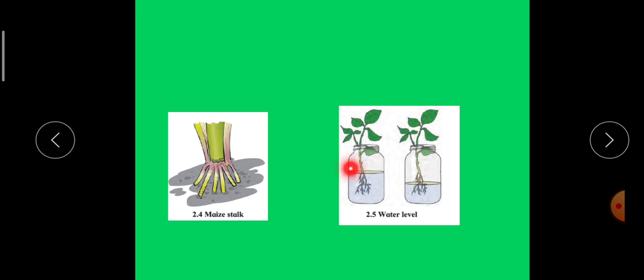So when we are adding oil on the water, that means water will not get evaporated which is there inside the jar because it is covered by a layer of oil. So this definitely means that water has been consumed by the plant. Plant uses water to transport all its nutrients to roots, stems, leaves, flowers. So this proves that water acts as a medium for transport of nutrients and minerals.